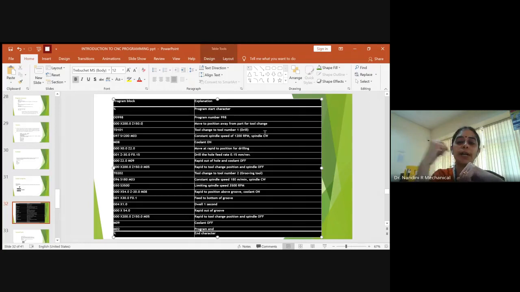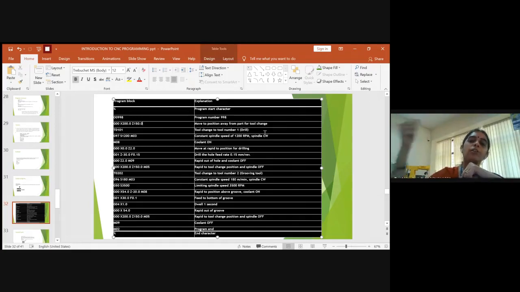And to use another tool, the existing tool should be moved from that position. The tool has to be changed, and only then does it come back. For that, a rapid traverse of the tool is essential. So when you need to move the tool away from the given workpiece, you have to go for the rapid traverse, put the tool which is essential, and then we will start.